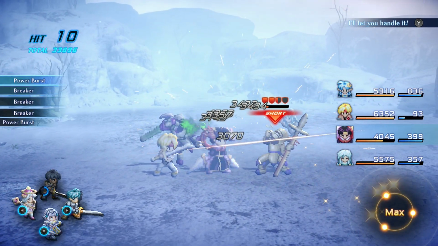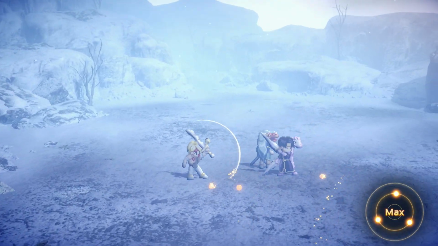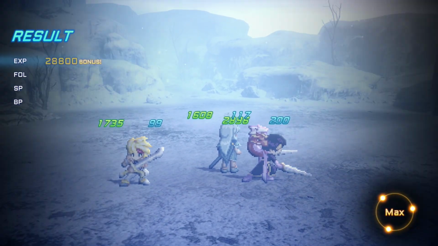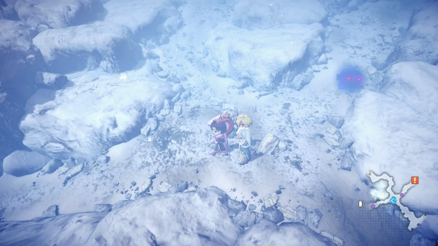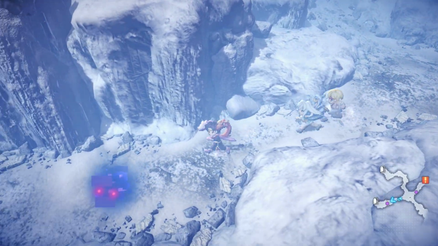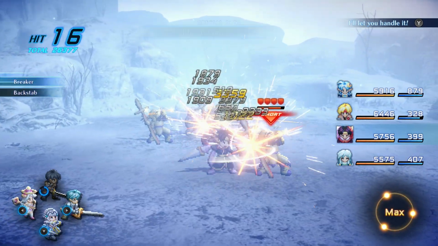And if you've seen those complaints that I have where the enemies chase Rena, and I can't catch them because I'm just barely too slow, the bunny shoes are going to make it so I can catch them. We learn Mirror Blade on Claude. Not bad. It just feels disorienting to go from zipping across the battlefield to walking really slowly out in the open